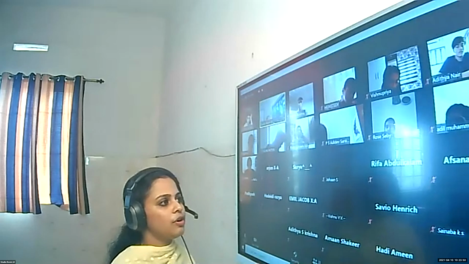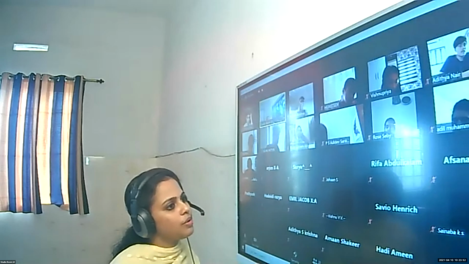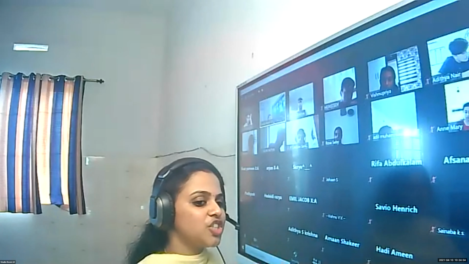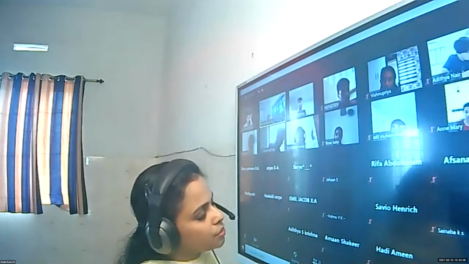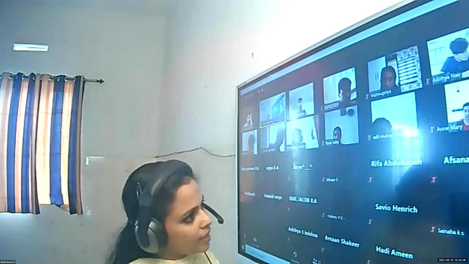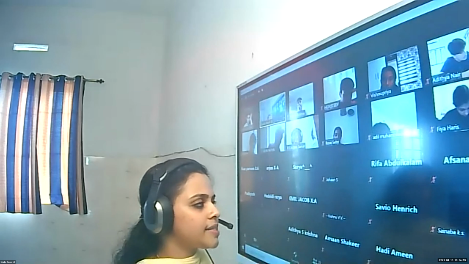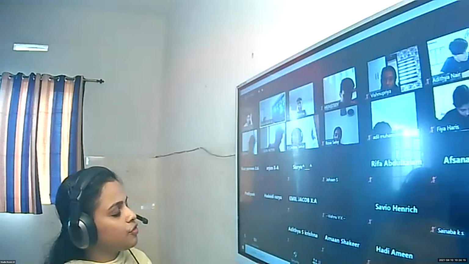Very good. Then what about our third rule? Quickly recall the third rule for the sign convention. Anyone? All distances measured towards the right take positive values. Yes, very good. All the distances measured towards the right are taken positive. Here also we follow the same rule. In the case of a lens, if we measure the distance towards the right side, it is taken positive. Then what about the fourth rule? And the left side is negative. Very good. The distance measured towards the left is taken negative.